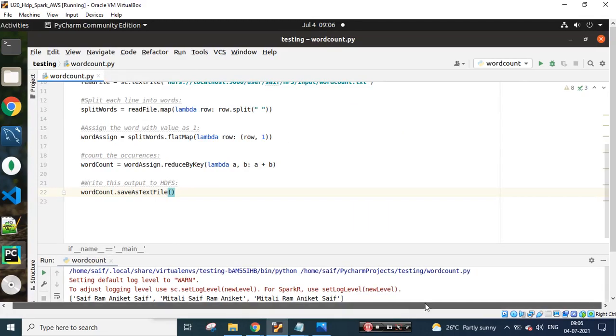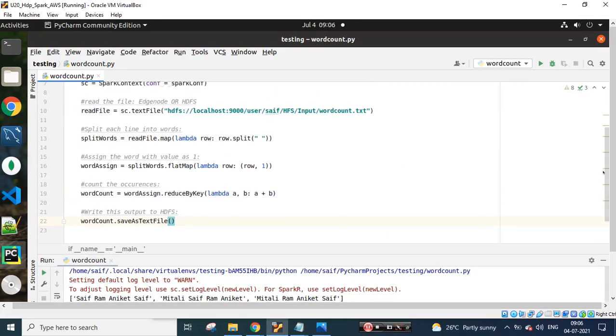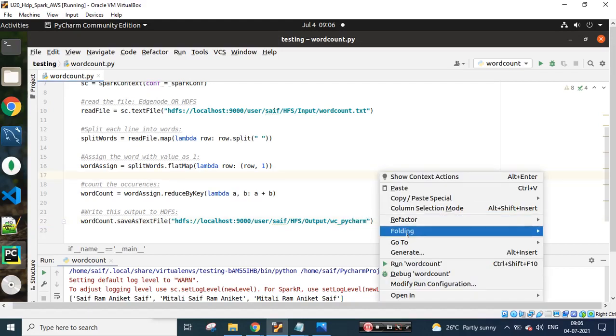Okay, so let's scroll a little up so that I can quickly copy this entire path from here, and paste it over here. I just need to change a few things. It will be written to the output directory, and the output directory name would be created, let's say, word count. I'm writing this in my PyCharm, whatever, it's your call. Let's execute this piece of code,